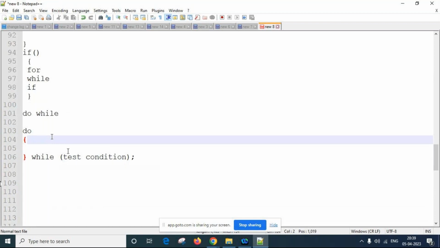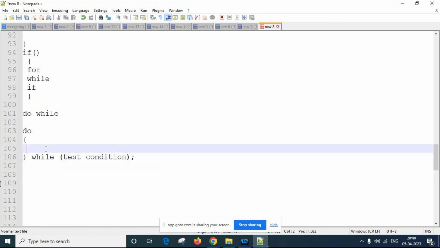Suppose, mm, not getting any immediate example for this. Suppose we are taking input of a temperature from a variable.